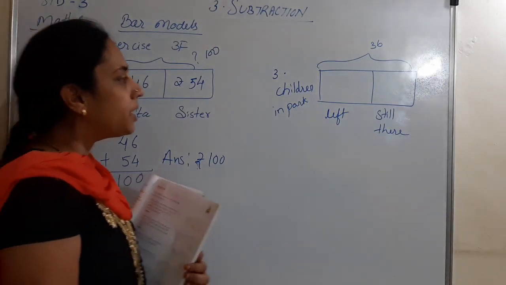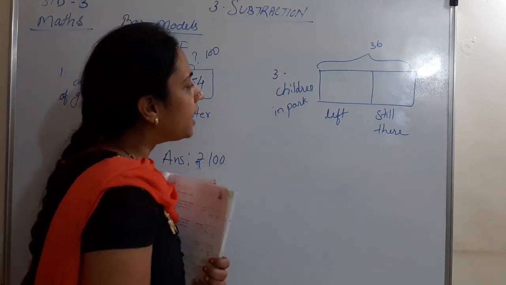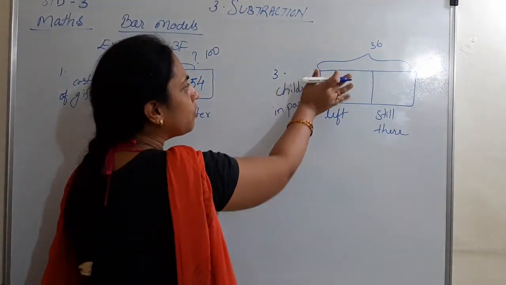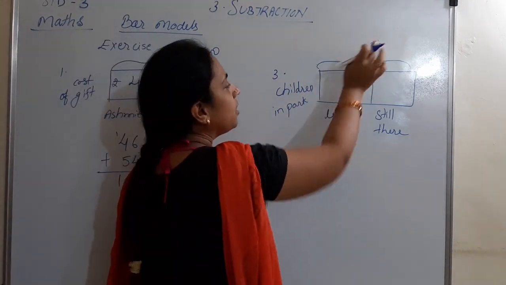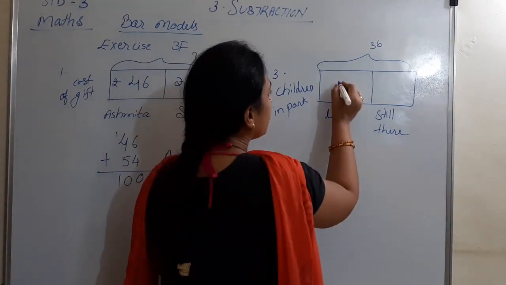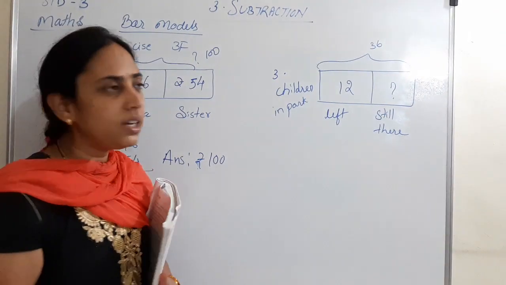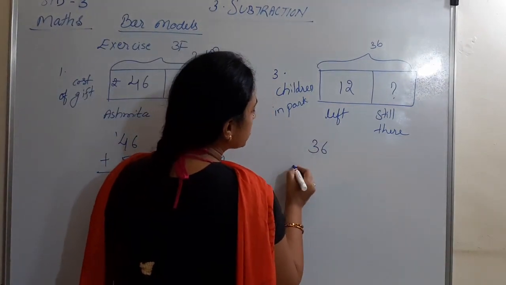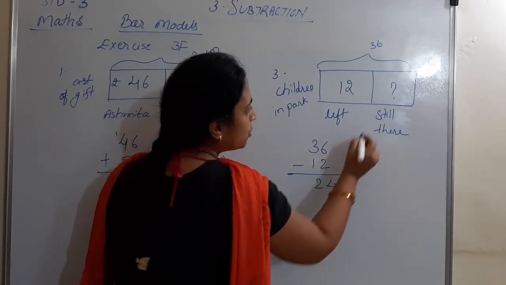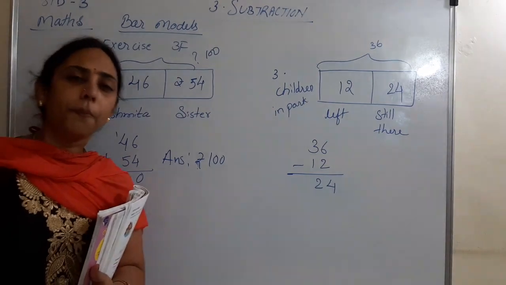Right? Now see question number 3. The question is, 36 children were there at the park. 12 children already left. So how many are still there? Okay, so what is given? Whatever the information is given, beta, first of all we have to write it here. So 36 children are already in the park. How many have left? That we have to write. So 12 children have already left. Now the question is, how many are still left? Right? So very easy. If we subtract, there were 36 children, 12 children already left. So 6 minus 2, 4. 3 minus 1, 2. So how many are still there? 24 are still there in the park.